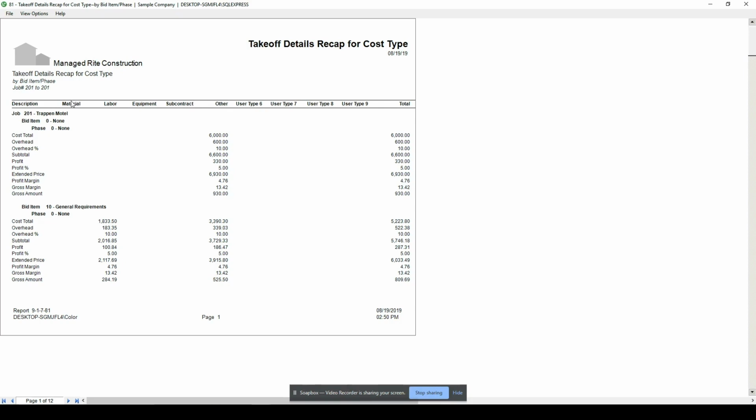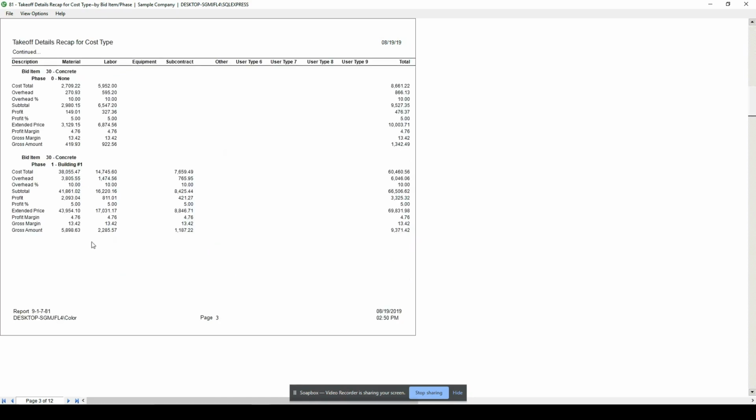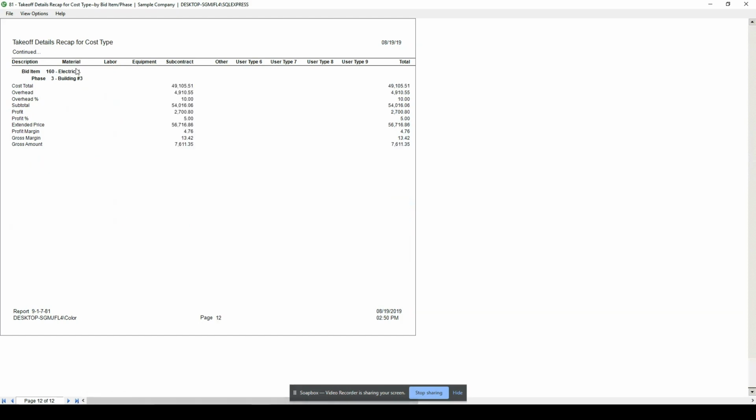It gives me my cost types, material, labor, equipment, subcontract, and other if I'm tracking that information. It breaks it down for me over these 12 pages, giving me my totals. And then at the very last page, I can see all of my totals for phase 3.